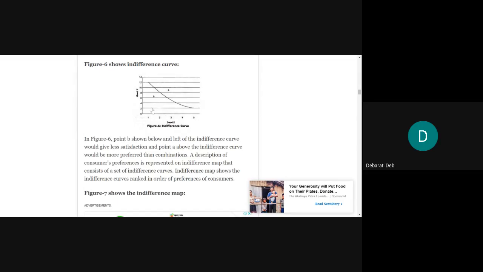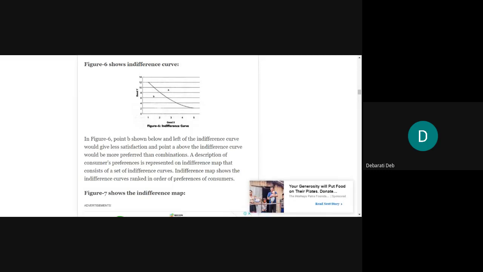Like we did in the cardinal approach, there was an exact level of marginal utility. It is not so in the case of the ordinal approach. Rather, there is a concept of comparison of the levels of satisfaction, and depending on the indifference curve, the level of satisfaction can be identified, and it can be said that one indifference curve has got a higher level of satisfaction than the others. When I say that one indifference curve will have a higher level of satisfaction than the others, this is nothing but the concept of indifference map.